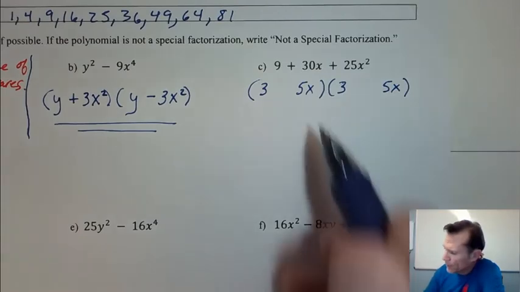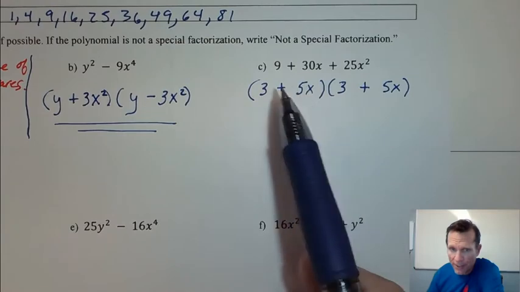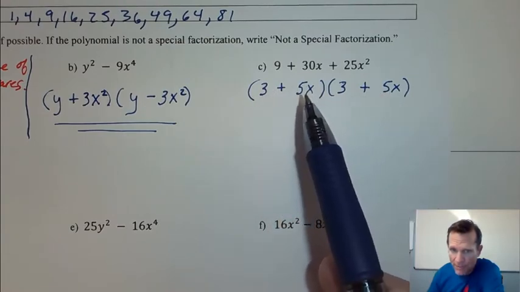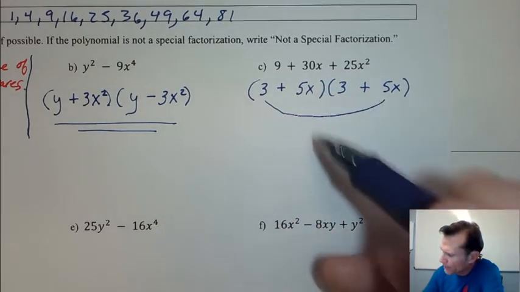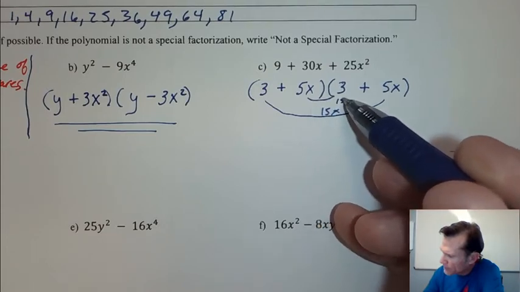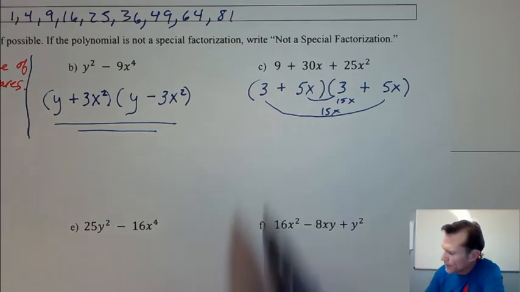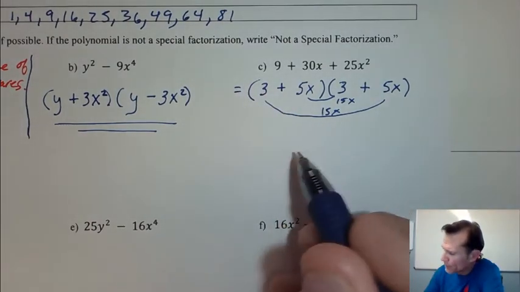Now I'm not 100% sure this will work until I do a quick check. That would be 15x, and another 15x, and you see that makes the middle term 30x, okay? So it does work. This is a correct answer, okay, writing it with the 2 binomials, but